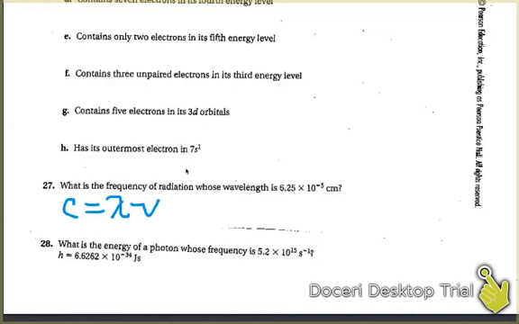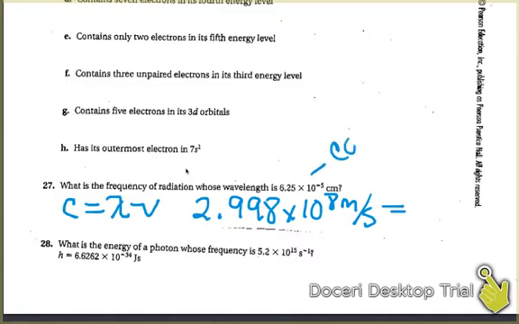C is a constant, so it never changes, so you're going to have 2.998 times 10 to the 8th meters per second. Okay, we know our wavelength is 6.25 times 10 to the negative 5th centimeters, but centimeters is not going to cancel out our meters, so we have to first convert this to meters,